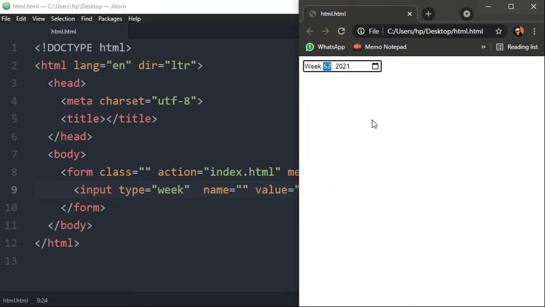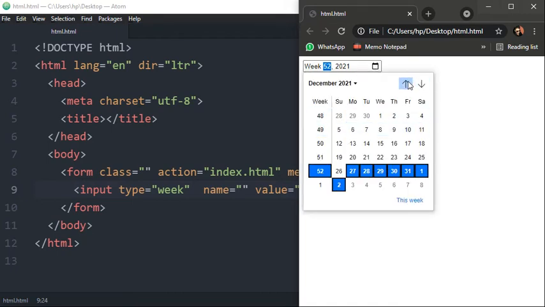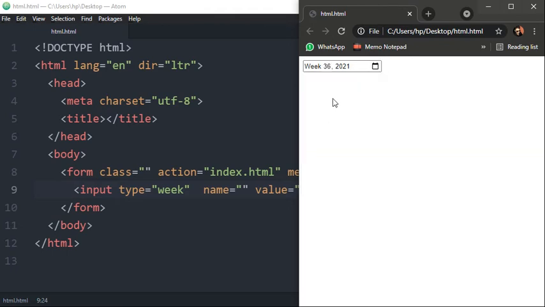Okay, this is the 52nd week. So this is how user can select by providing number of week. Okay, the 36th week starts from 6th and Monday and ends on 12th on Sunday. Okay, this is the 37th week, starts from 13 and ends at 19. So this is how you can take input from user in form of week in a specific year.